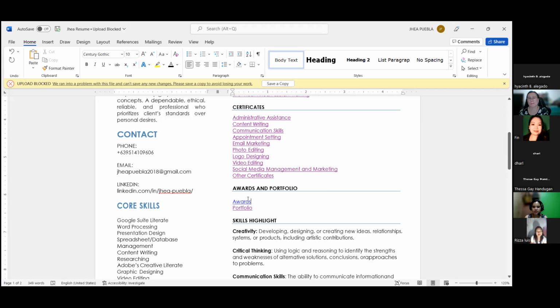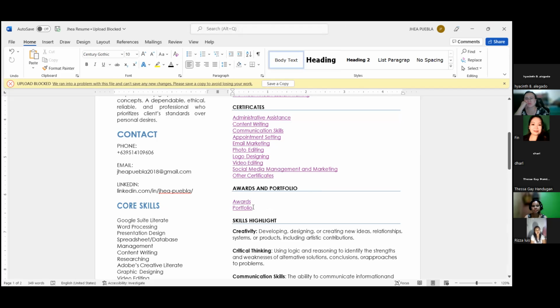So here I included my awards. Earlier na-link na natin yung certificates ko. So you simply check natin, simply control and click. So it's here. These are my awards during the training: Photoshop, logo design, like that. These are the awards I got before. So helpful talaga siya kasi malalaman ng clients na magaling talaga siya dito. So it's very